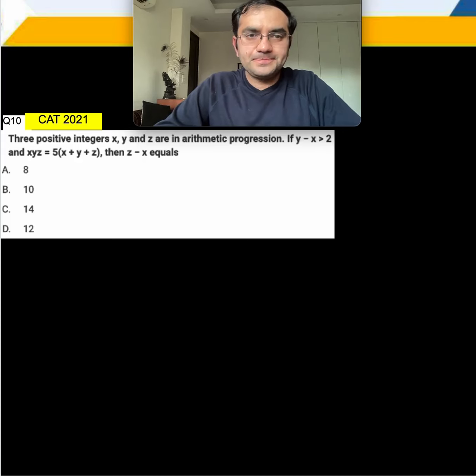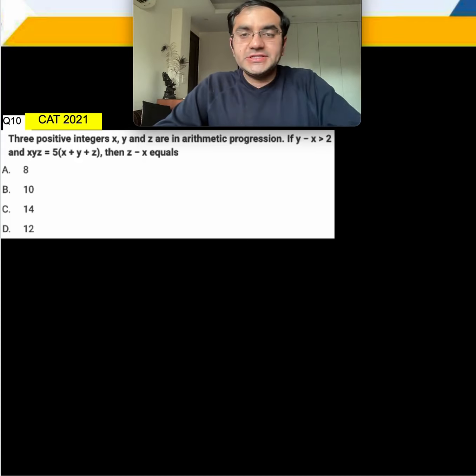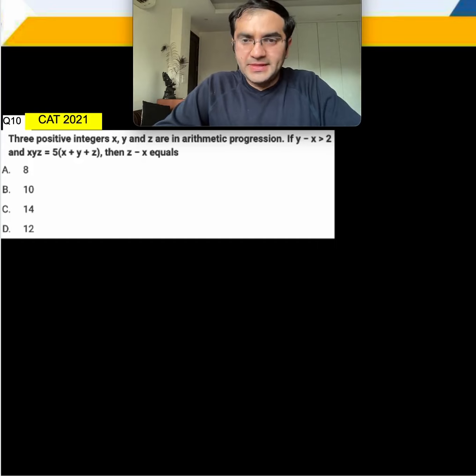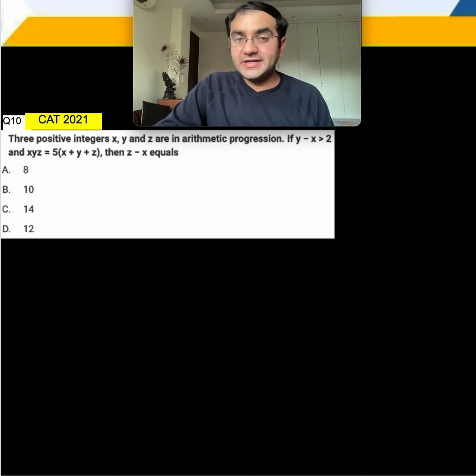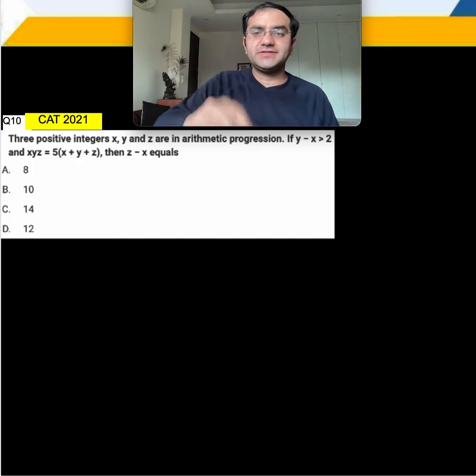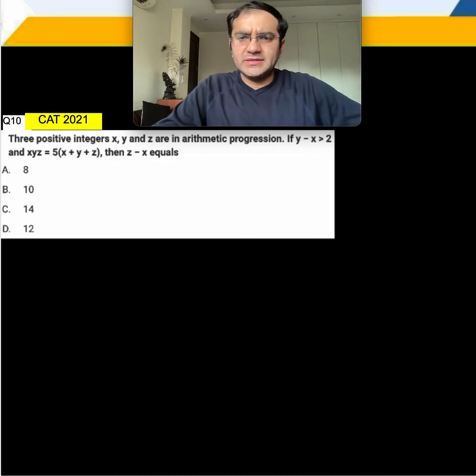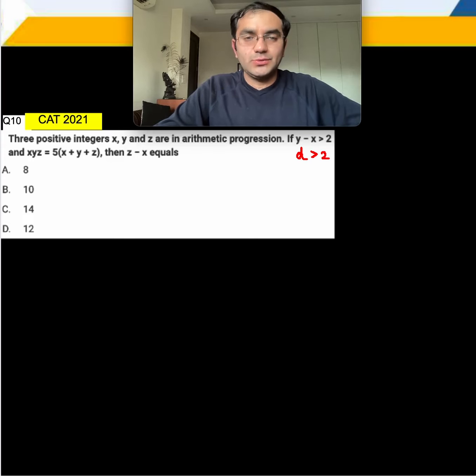algebra. I have three positive integers that are in an AP, and if that's x, y, z, and if y minus x, second term minus first term, is greater than 2, and that is the common difference. Second term minus first term is the common difference that is greater than 2. And if xyz is equal to 5 times x plus y plus z,